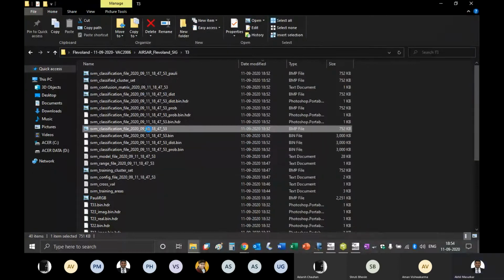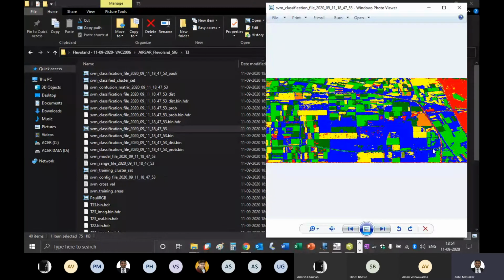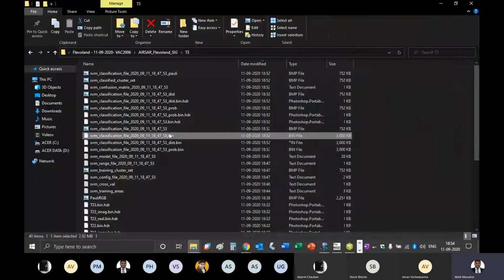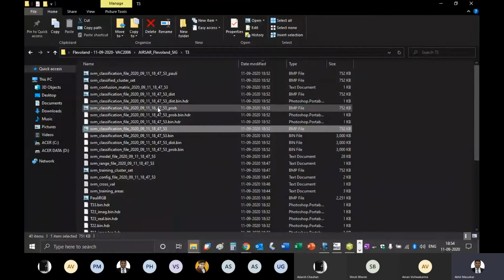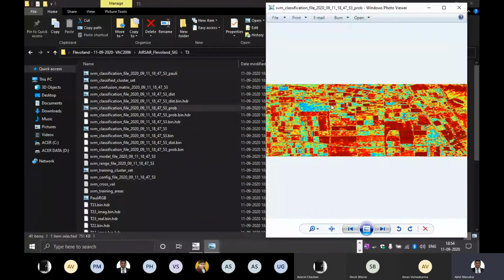Then we have the SVM classification file. So you can see now here everything has got classified into 6 classes. And then we have the probability distribution.